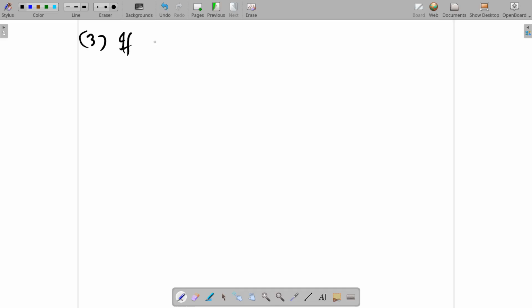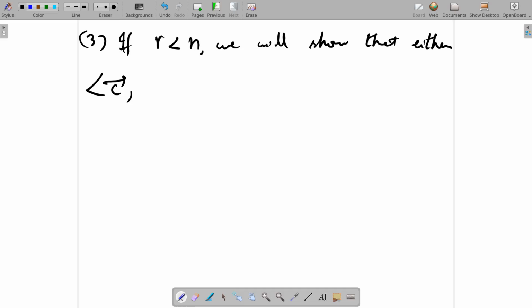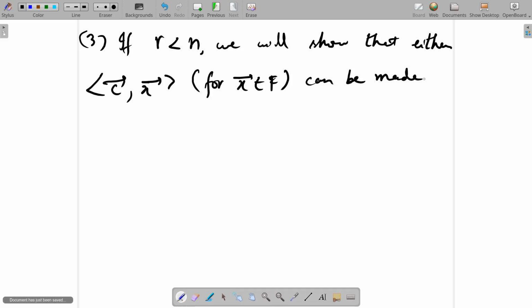So the third case, if R is less than n, and in fact this is the meat of the proof, we will show that either this objective function c dot x, for x in the feasible set, can be made arbitrarily small, and as you can immediately guess, if this option holds, then the LP in standard form is unbounded, or